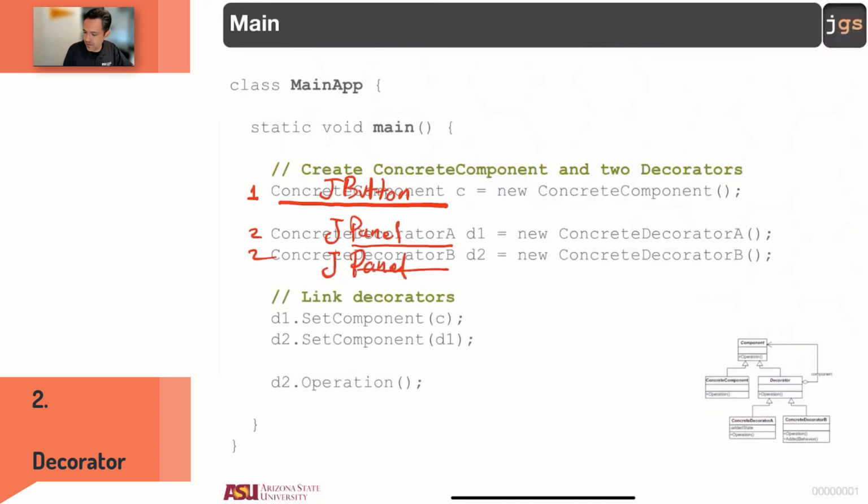and if you want to have decorator A and B, remember that you can have panel, panel with the scrolls, panel with tabs, and so on, different kind of panels, different kind of decorations. And at the end, you connect them. And you connect them, and I am sure that